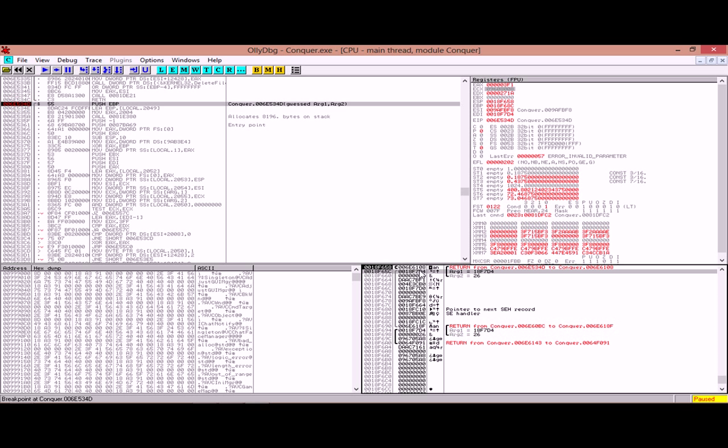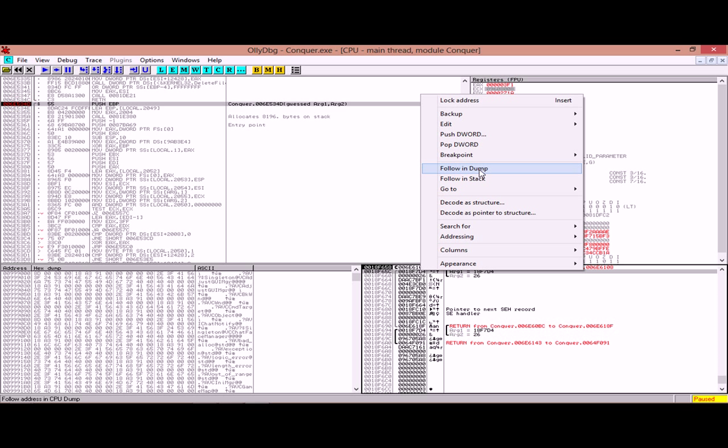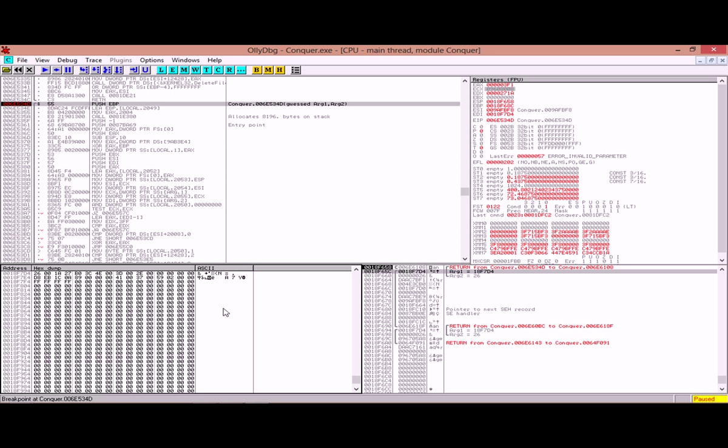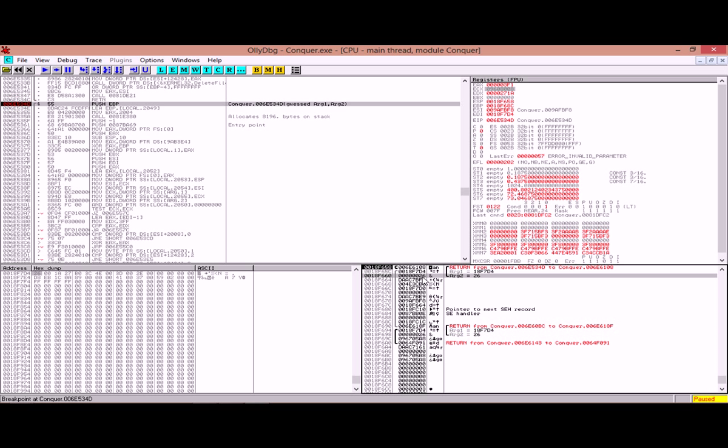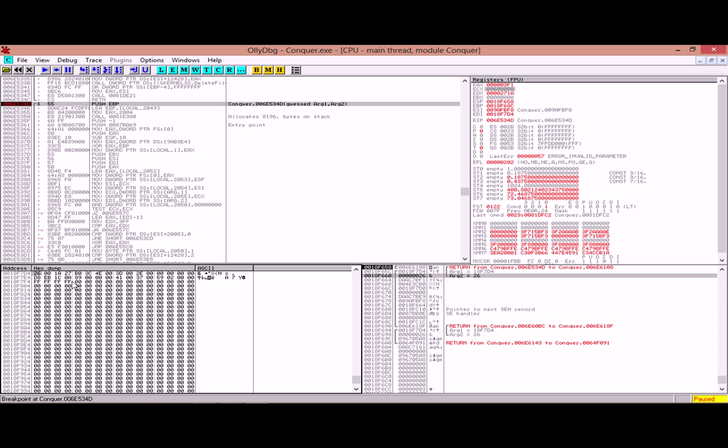So I'm just going to right click on the pointer and select follow in dump. It'll take me to the memory view, or the dump view. As you can see, the very first byte of this buffer here is 26. And if I look here, it says also 26. So that could be a length of a packet, if I'm not wrong. And that could be